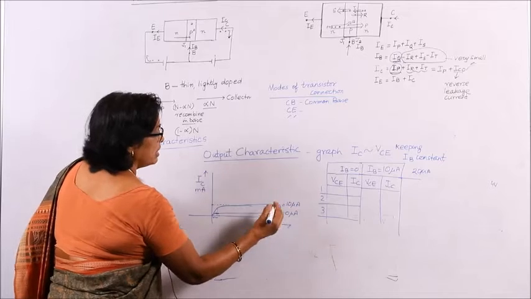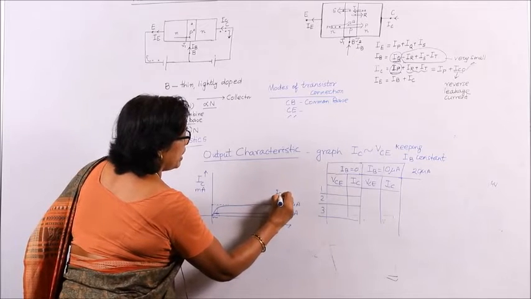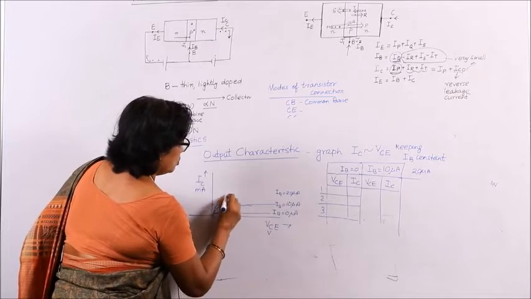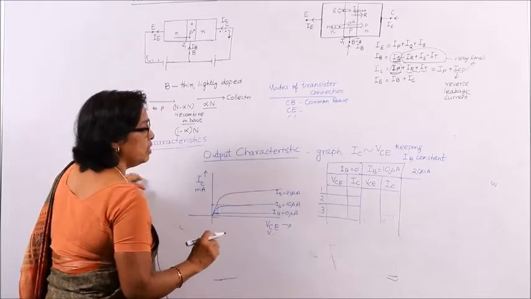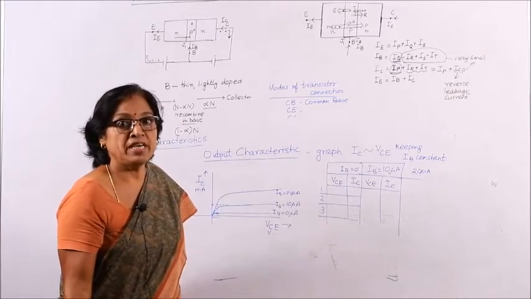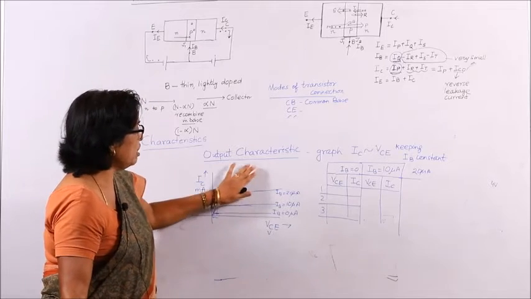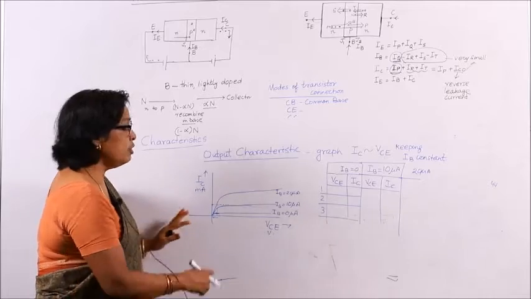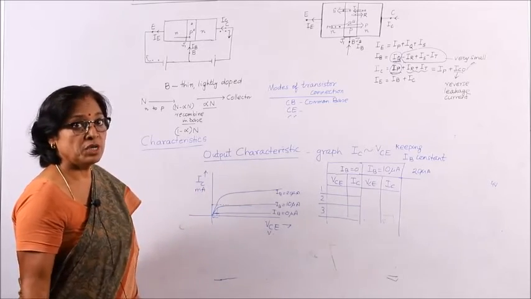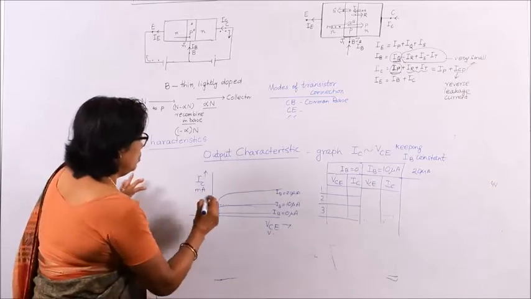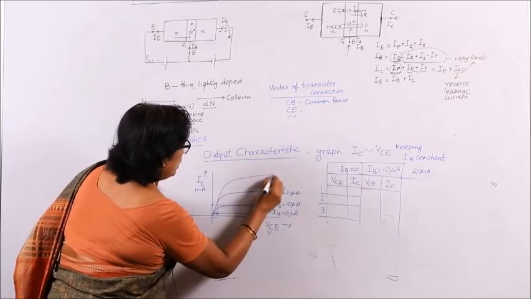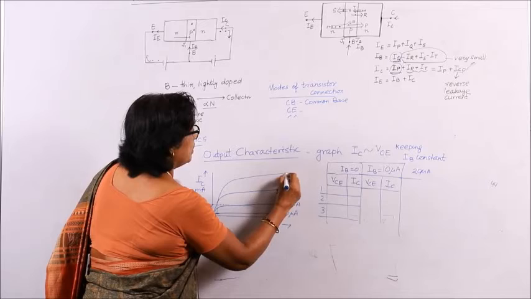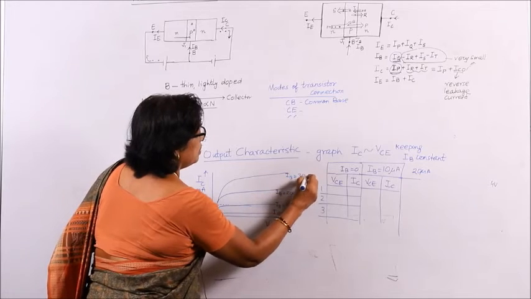Then you take another set of readings, IB is equal to 20 microampere, you will see that the graph goes like this. So, this is for base current equal to 20 microampere. In this manner, you can draw 4, 5, 6 graphs. Now, if you look at this output characteristic, because this is more in use in all the case of transistor action, let us say this is 20, this is base current equal to 30 microampere, you get a graph